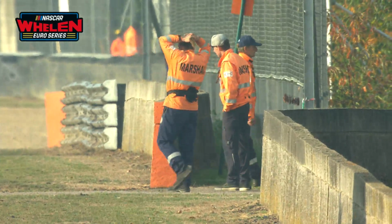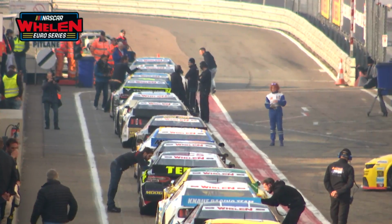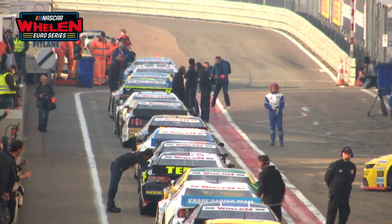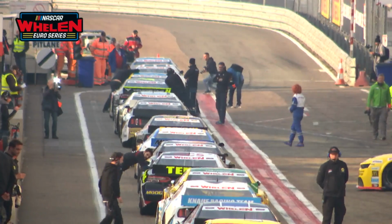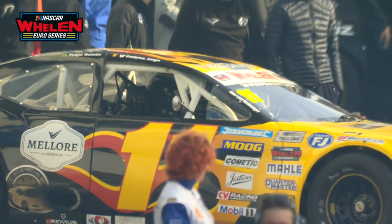So Florian Venturi is 20 points off the championship lead. And remember, it's double points. There's 160 plus available for this weekend. There's 80 for the win in a race. There's 80 for the win in the second race. But there's also an extra 4 points available for the driver who gains the most positions over the course of the weekend. So if you say qualify